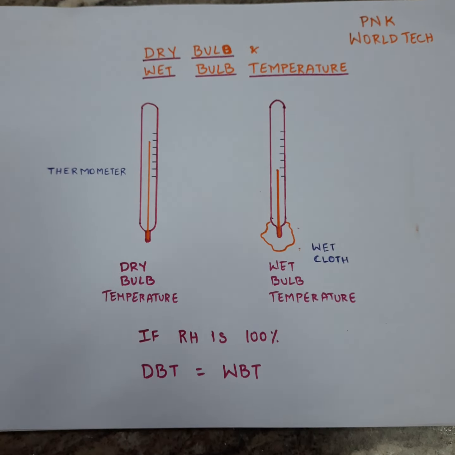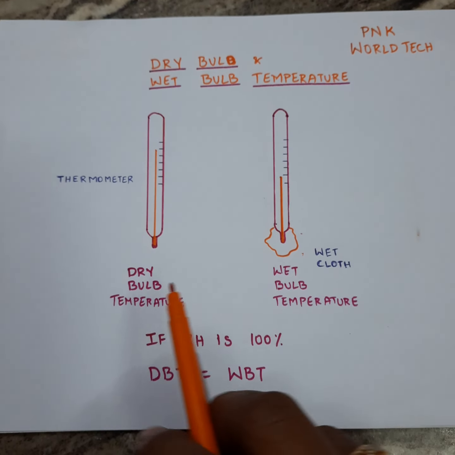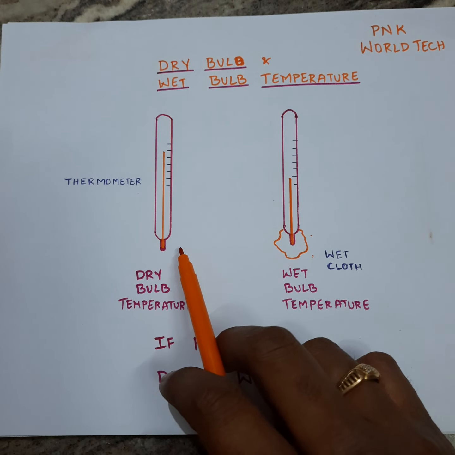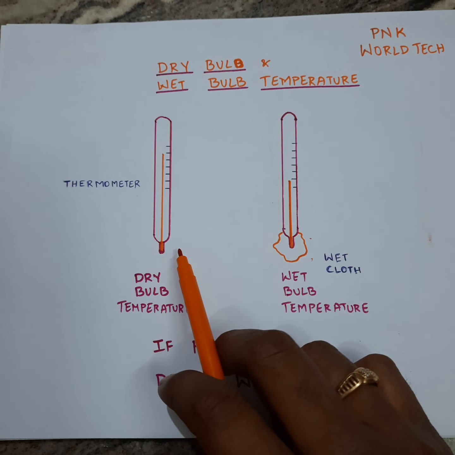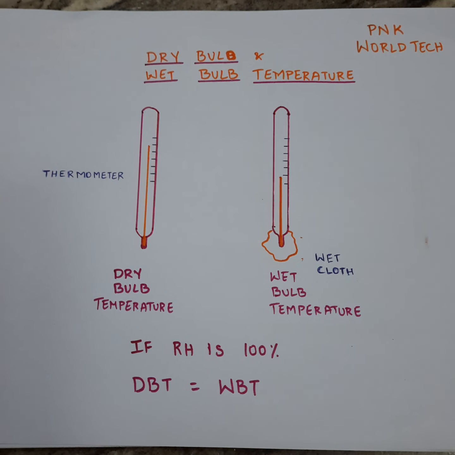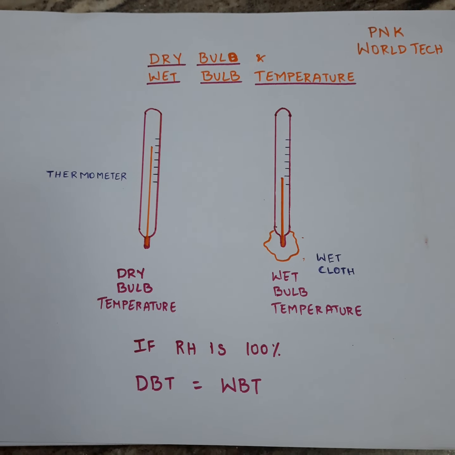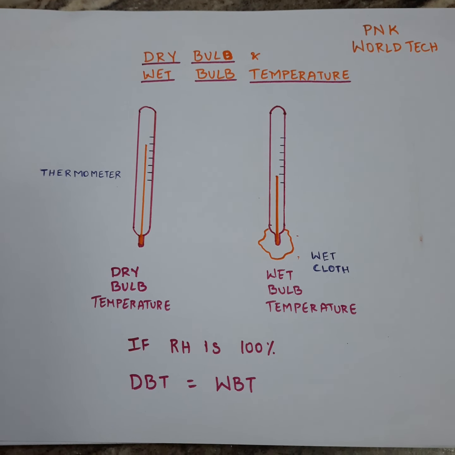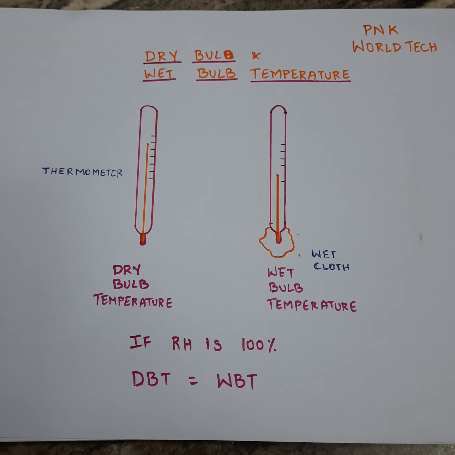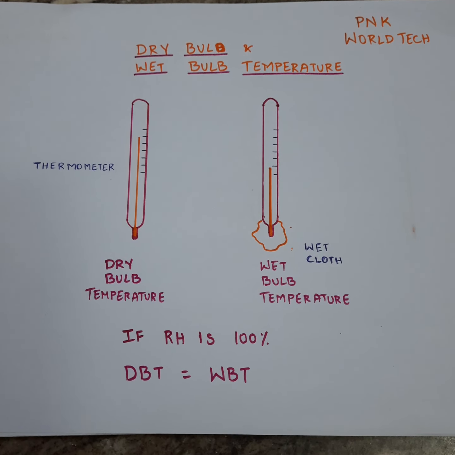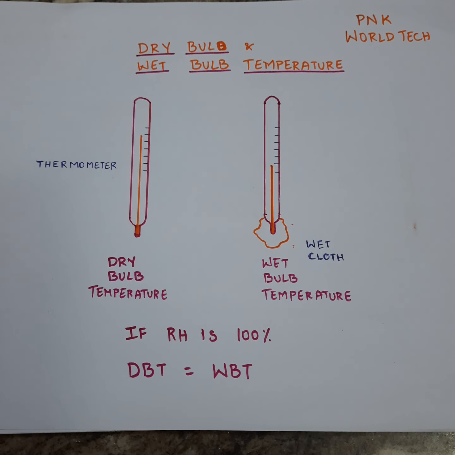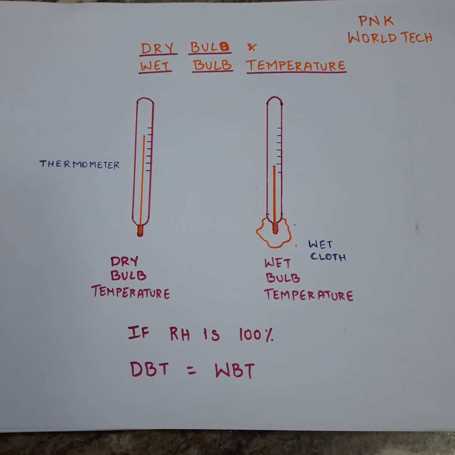What is dry bulb temperature? It is the temperature of the ambient air which is exposed freely to the thermometer. In this case, the condition of the bulb is dry. Moisture-free air is exposed to the thermometer and the temperature of the air is detected by the thermometer. We have to ensure that the dry bulb temperature is free from radiation and moisture.